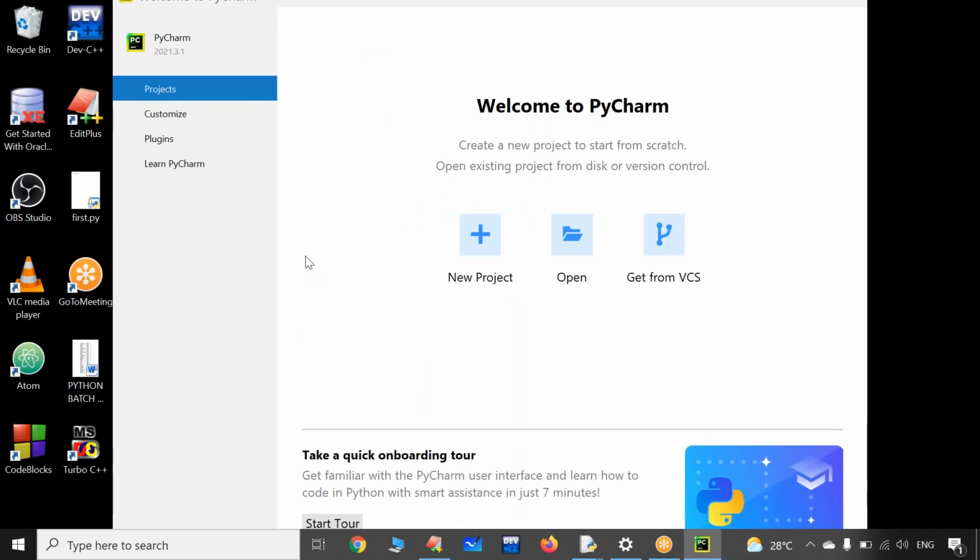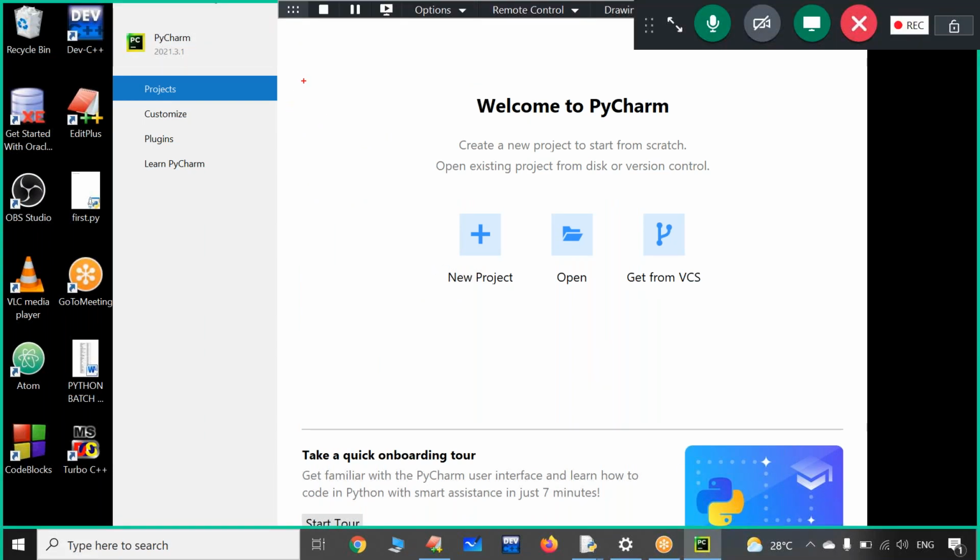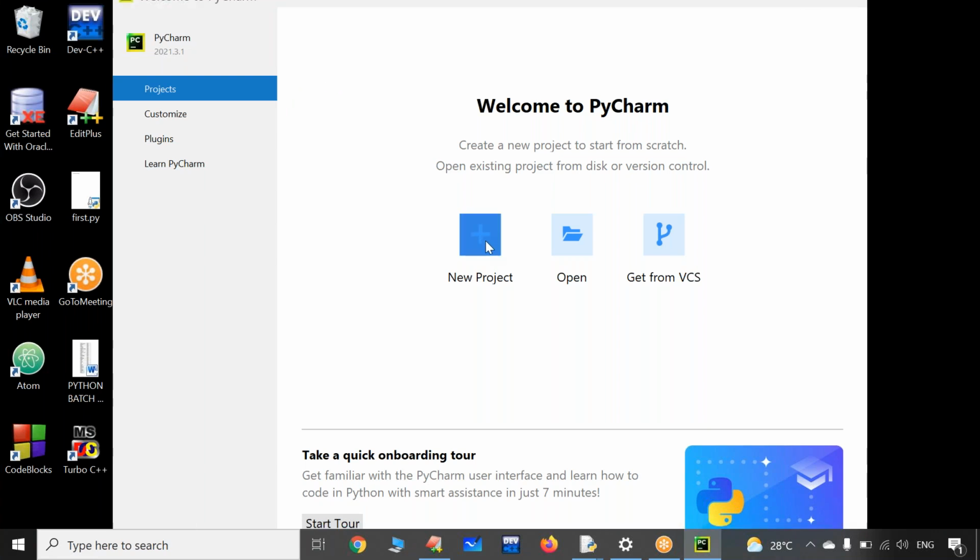Click on projects. For the first time you are practicing Python programs, assume you want to save all your Python programs in one folder, then you have to select a new project. That means you are going to create one folder where you are going to save all your Python programs.